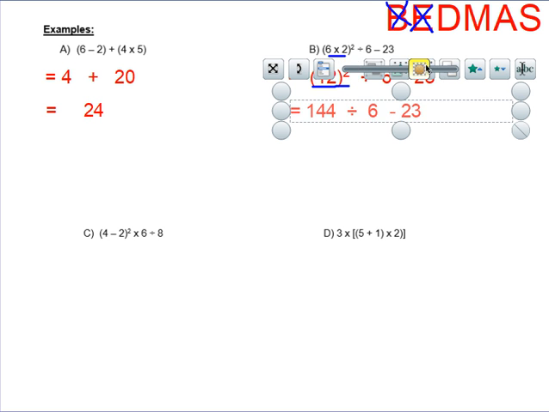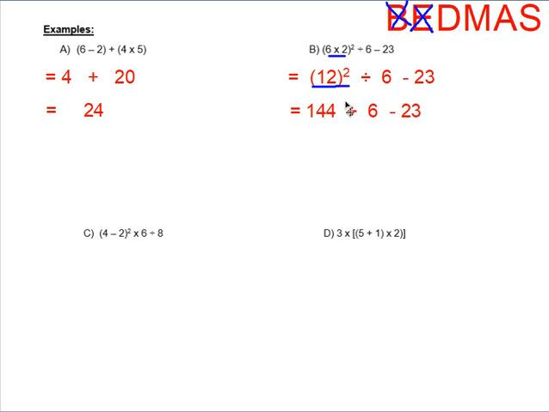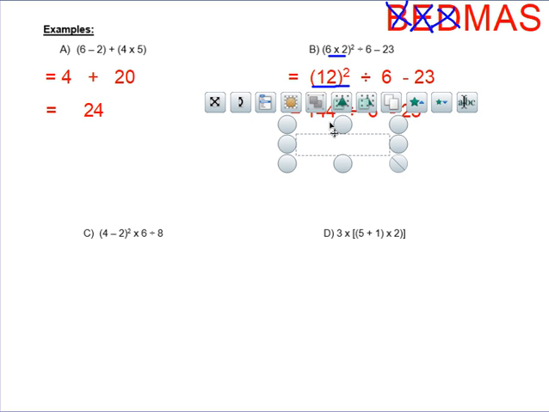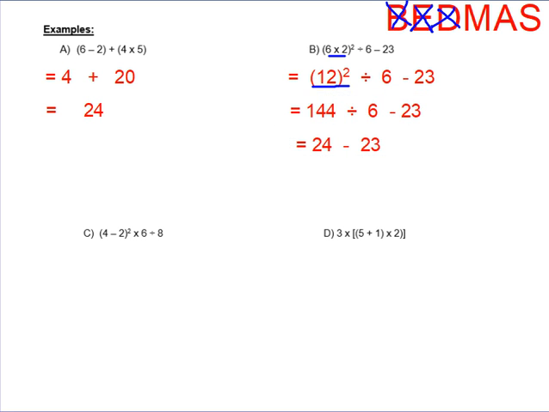12 squared is 144, right? The divided by 6 we haven't touched yet, and the minus 23 we haven't touched, and it's looking a lot nicer, isn't it? It sure is. Next, division or subtraction. Well, BEDMAS says division. Okay, so let's do some division. 144 divided by 6 is 24. So we have here 24